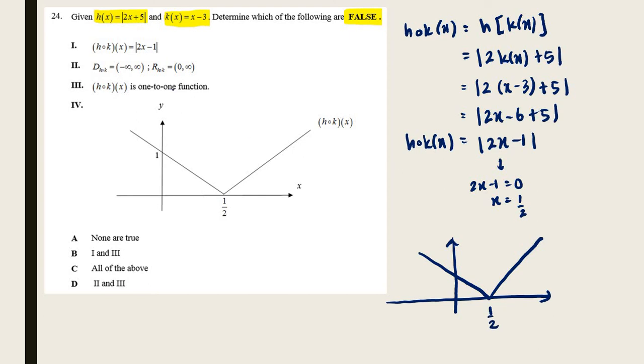And then because we want to also check if this is a one-to-one function, we're going to do our horizontal line test. So if we take a line over here, we can see that it touched our graph at 2 points. So it is not a one-to-one function. So we can already remove the statement. Sorry, not remove. We can already